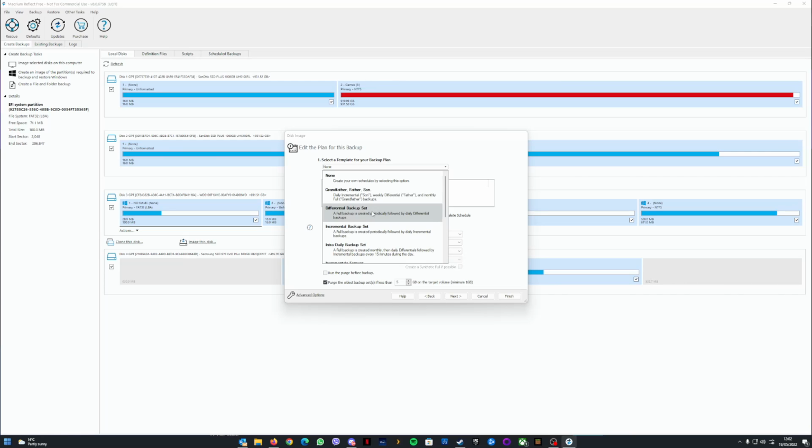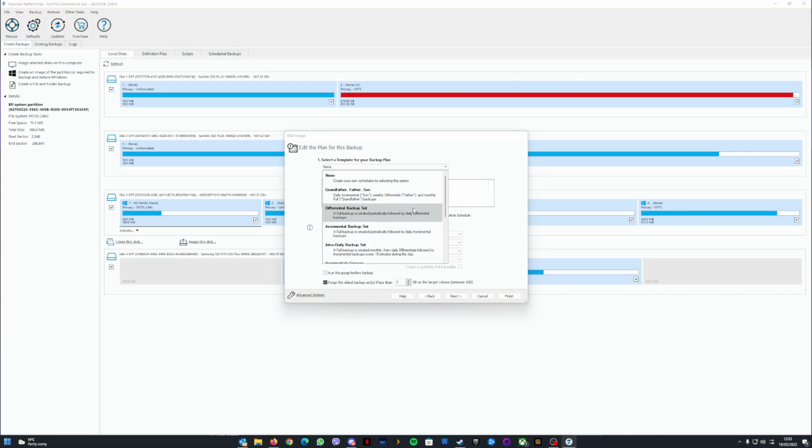So for me, I would probably do the differential. Possibly, yeah. Now, as we mentioned earlier, you might just be happy enough backing up your crucial files to the cloud and not have to worry about any of this. But if you want a full system backup, like me, if you don't fancy spending the time to rebuild your Windows system and install all the programs and tweak these settings and put your start menu on the left hand side but your icons in the middle, and remember how you did it all in the first place,